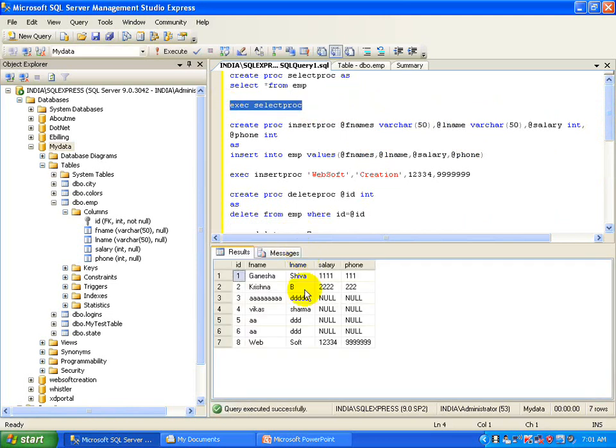So you will see that at the 8th id you have web and soft.